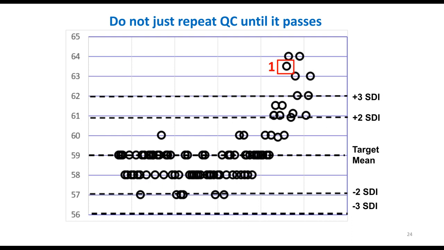It is important to note that laboratorians should not just keep repeating QC until it passes. After repeating with fresh QC, the repeat failed. Sometimes the technologist will just try another repeat. In this case, however, the repeat would have passed. However, if the QC was repeated more times, the tech would have realized that the whole distribution shifted.